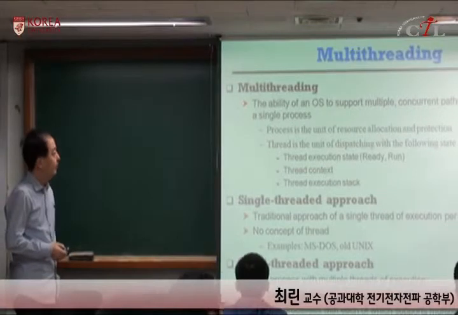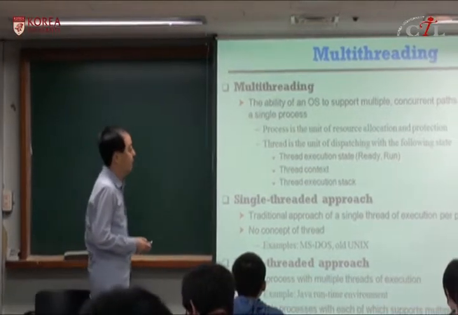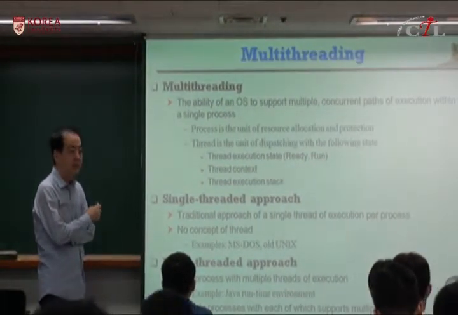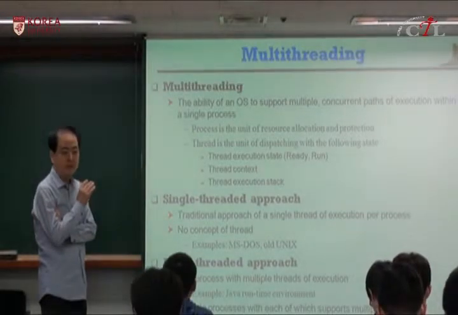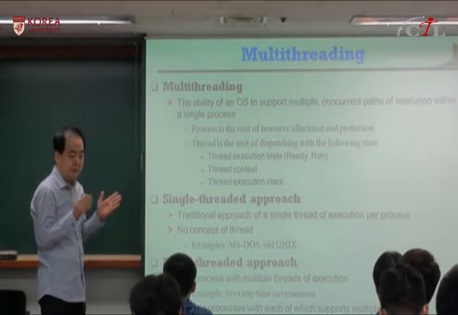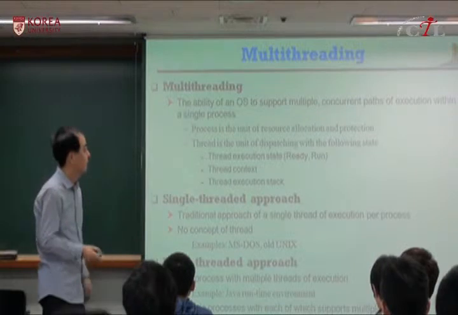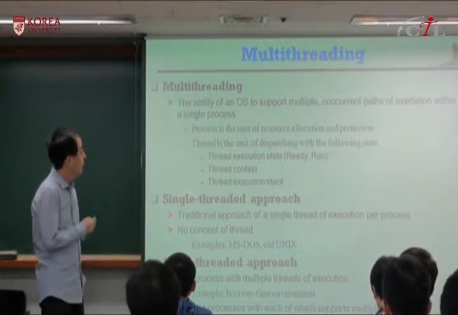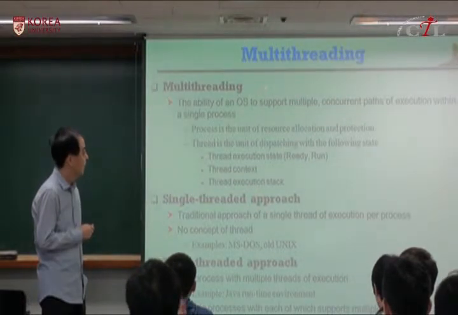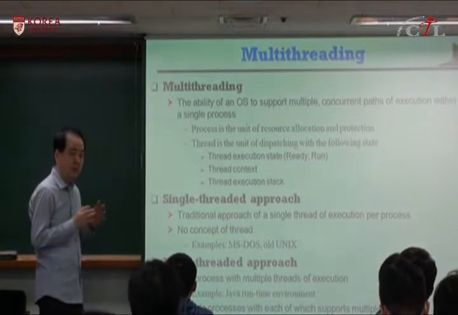So multi-threading means the ability of the operating system to support multiple execution paths within a single process. In each process, you can have multiple execution paths, multiple traces of execution. So if your operating system supports multi-threading, then process and thread are two different